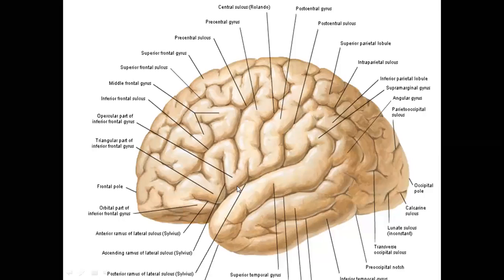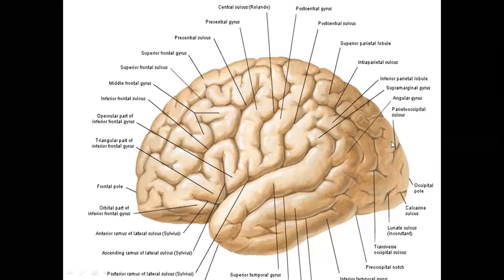Now, this one is the sulcus of Sylvian. It has an anterior ramus, an ascending ramus and a posterior ramus, ramus meaning branch. This is the posterior ramus of the Sylvian sulcus. And third is the parieto-occipital sulcus. This one is the parieto-occipital. You have to identify all three sulci practically in the dissection also. Those are very easy to identify. In the center you have the central sulcus. Then the separation between the frontal lobe and temporal lobe is the sulcus of Sylvian, and then the parieto-occipital sulcus.